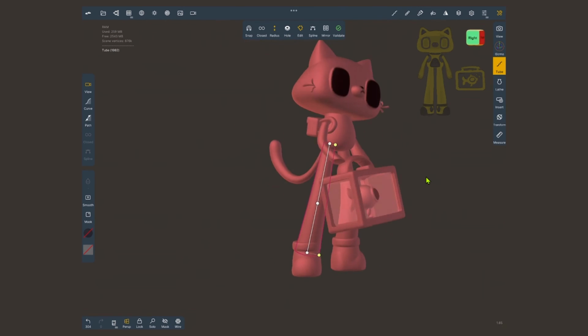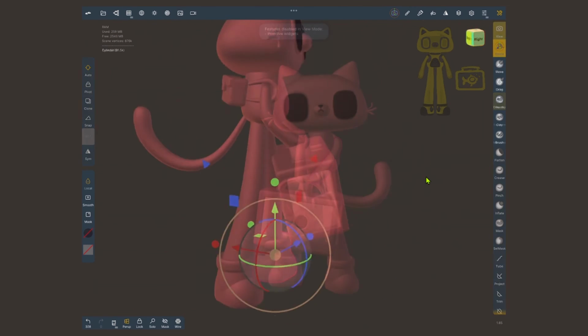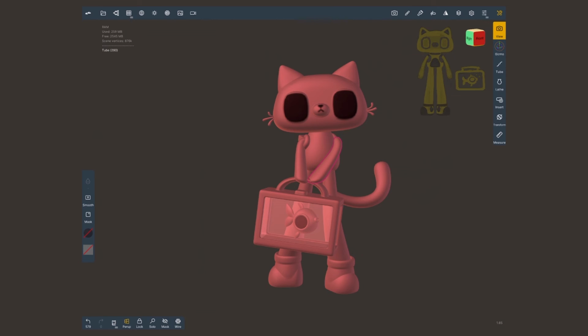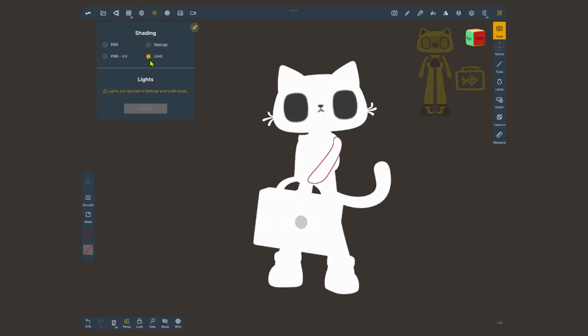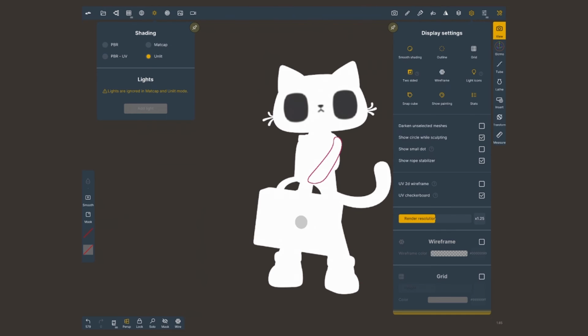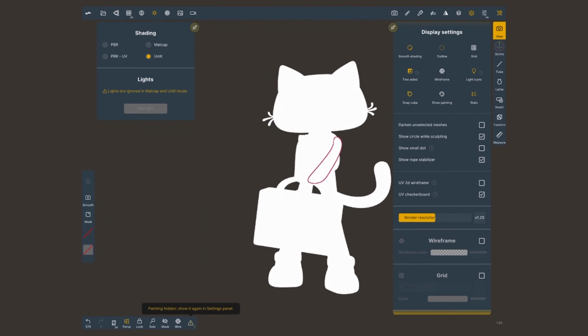If you are unsure if the pose is working, pick a main point of view where you would like to render this from. Then open the shading menu and choose Unlit. This will show your model only as a silhouette. Deactivate any paint or outlines if you use them like me. You'll find them inside the display menu. And if you understand the pose of your character like this, you're in the right direction. If it's not quite there yet, then there's still some work to do.